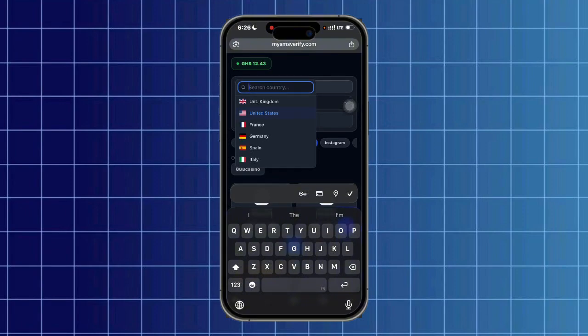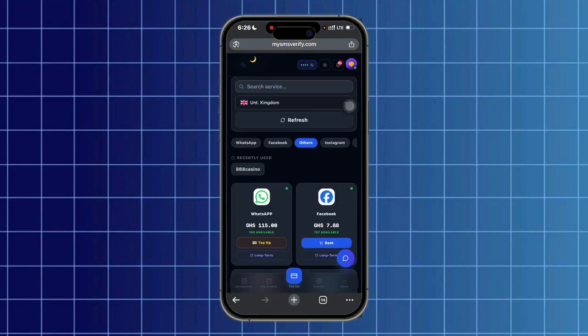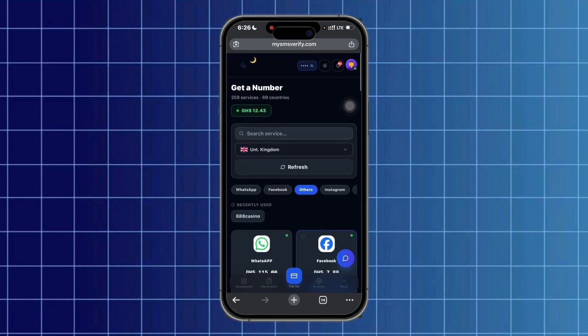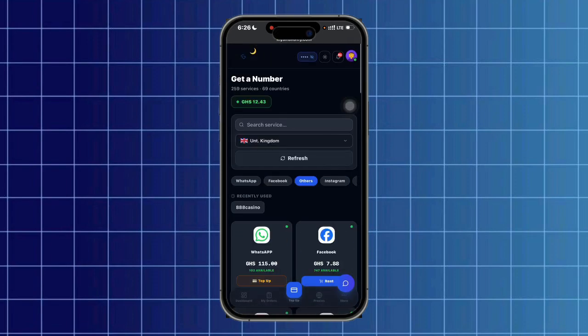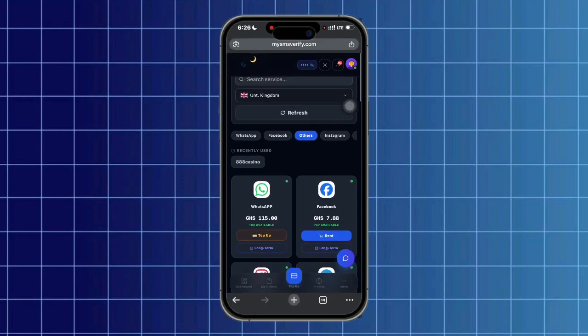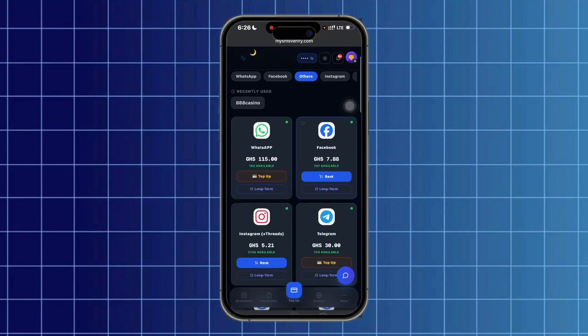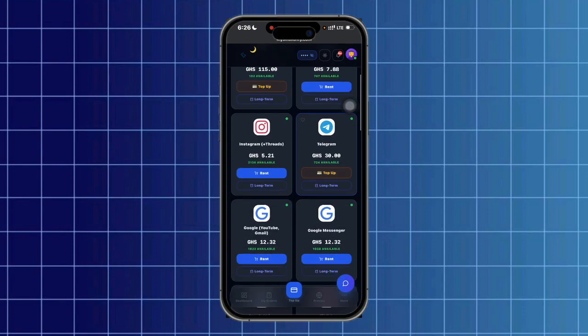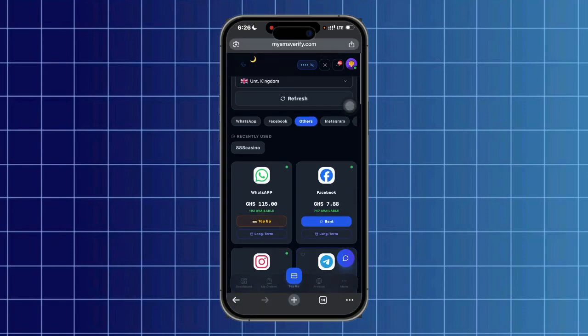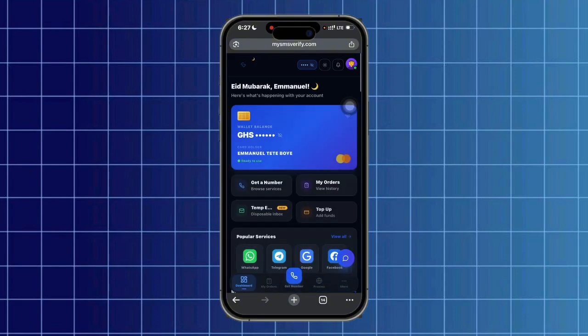see. You can change the country to like. Okay, so let's assume I want to verify Facebook for some personal reasons, not for illegal reason, maybe for legal reason. I already said when I was starting the video, disclaimer: do not use these things for illegal use. Use it for legal use. I'm teaching you for educational purposes. So you rent the number, you can actually rent. There are lots of numbers here, but if you don't have enough funds, if you go to my dashboard, you see I have